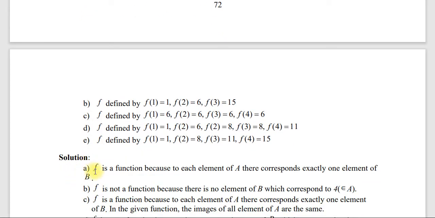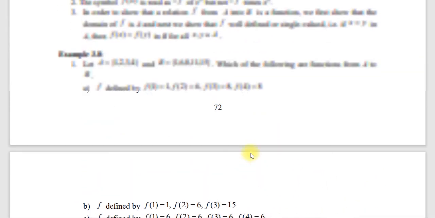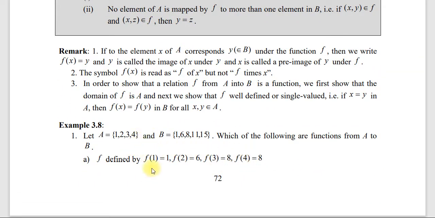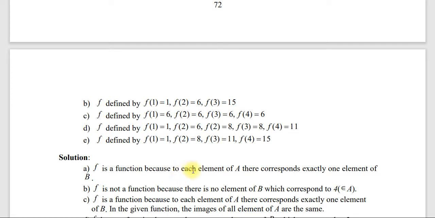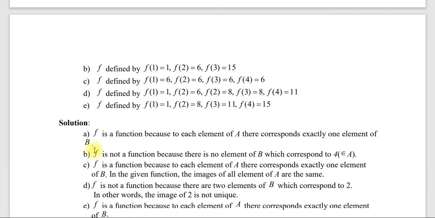ወደ ሶሉሽናችን ስንገባ የመጀመሪያው f is a function because to each element of a there corresponds exactly one element of b. ያ ማለት ይዩት ለምሳሌ ከአንድ ጋር 1 ፔር ይሆናል ከሁለት ጋር 6 ከ3 ጋር 8 ከ4 ጋር 8። ያ ማለት ዶሜኑ አልተደገመም 1 2 3 4 ነገር ግን ሬንጁ 8 8 የሚላለን ሰው ስለ ሬንጁ አይመለከተንም። ምክንያቱም ምንድነው የሚያስፈልገው because each element of a there corresponds exactly one element of b ይለናል። so b ላይ ቢደገም ችግር የለውም a ላይ ግን መደገም የለበትም። ስለዚህ a is a function እንላለን ማለት ነው።